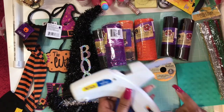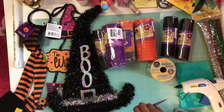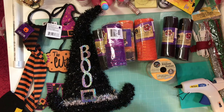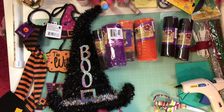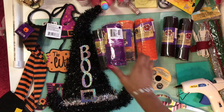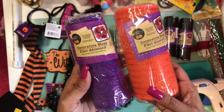You're going to also need a glue gun. You'll need a pair of scissors. You'll also need a mat to put your glue gun on. And I think that's pretty much, oh, you'll need a ruler as well. So let's get started. One of the first things you're going to need are a few of these decorative